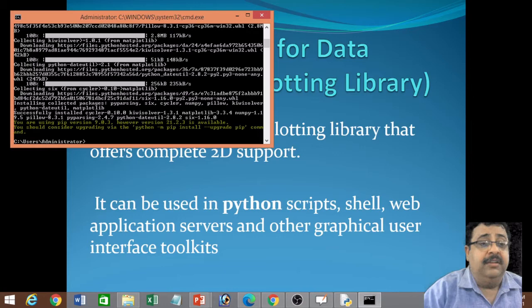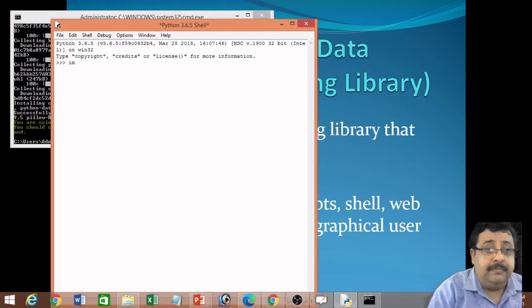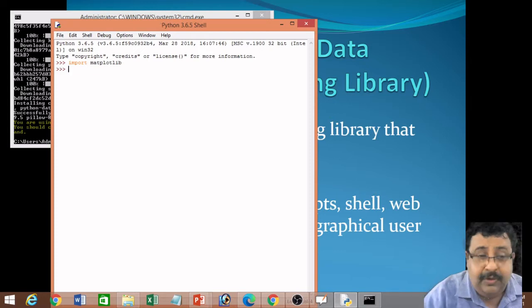To check whether it is installed, we'll go to our Python shell and type import matplotlib. There is no error message returned.